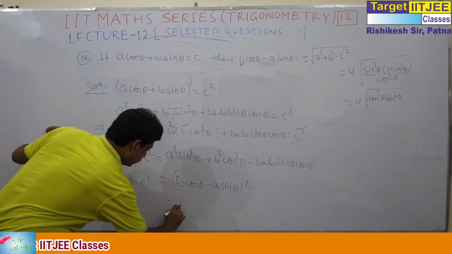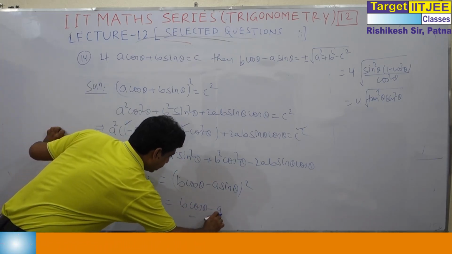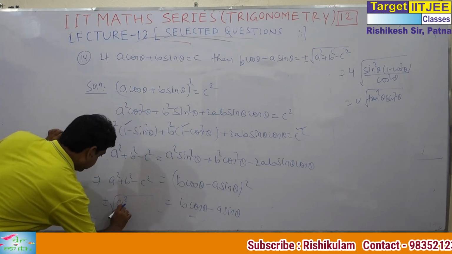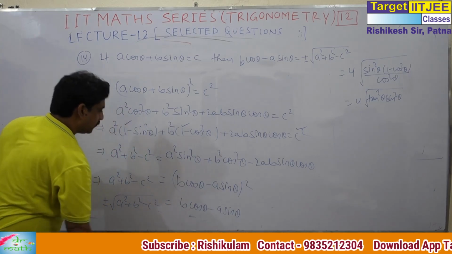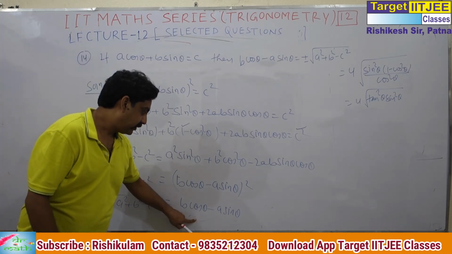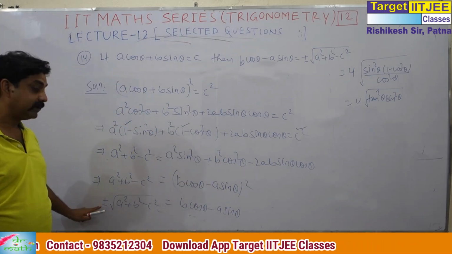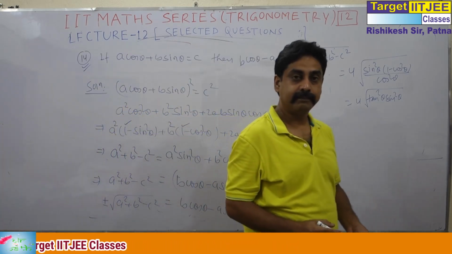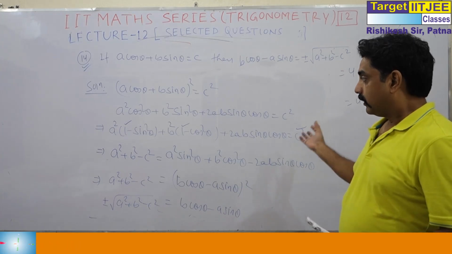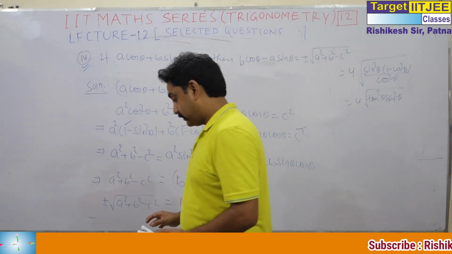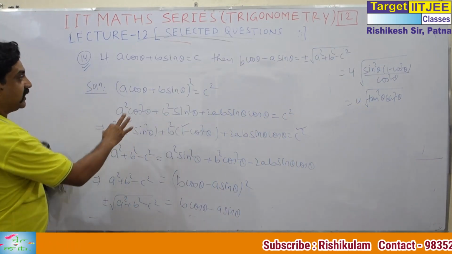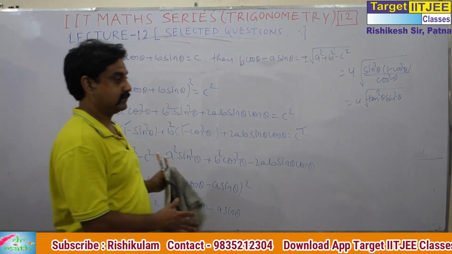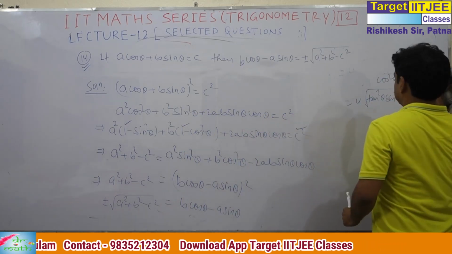So what is b cos theta minus a sin theta? You can say it in plus minus. This will depend upon the values of a and b. It is also a sin theta minus b cos theta, since the plus minus sign is there. This is an important one. That's simple. See the change that I have made. This is also a class 10 question, sometimes asked in IITs also.